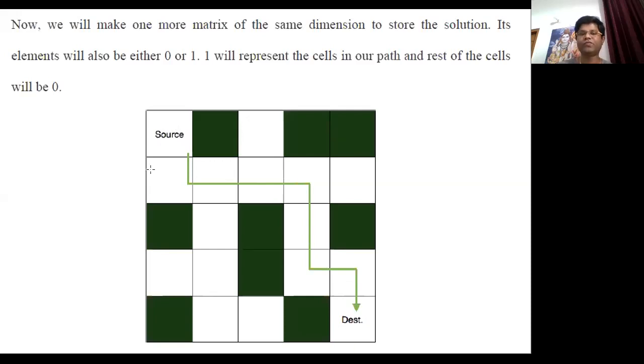But what happens if we move from here to here and then go downward in search of the solution? If we reach this place at any point of time, we can see there is no path to move from here to here. So we start backtracking to reverse our steps, move here, and then again search from some other cell. So this is the concept of backtracking that is used in this rat in a maze problem.